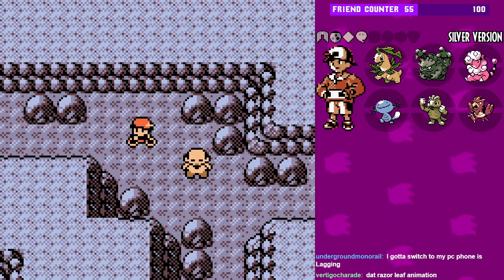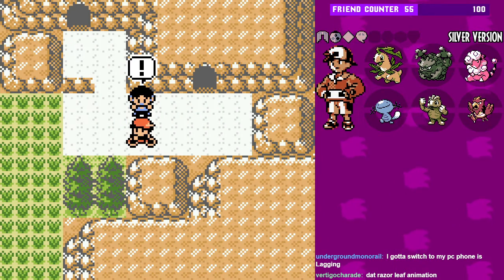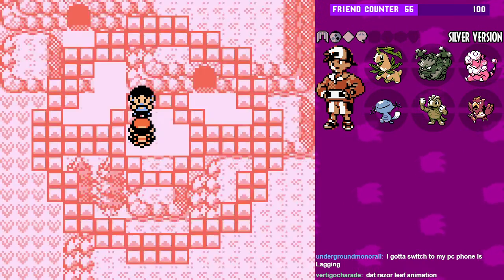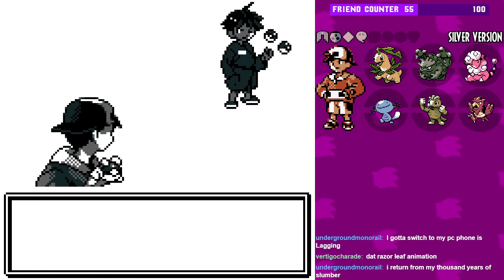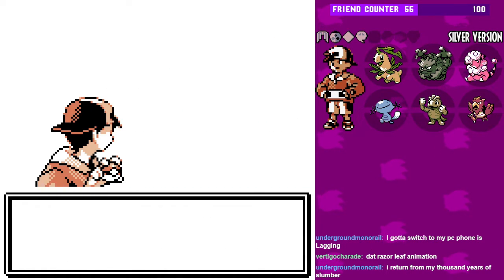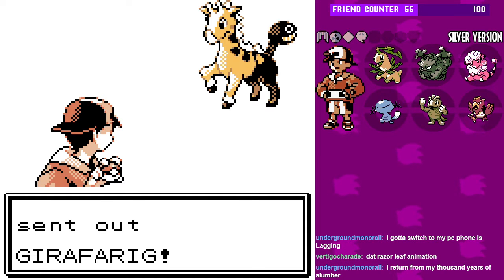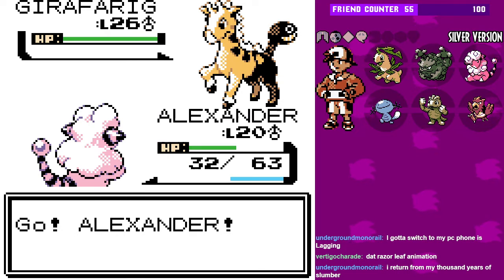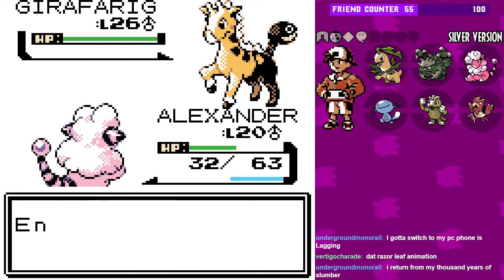Yeah, I love Razor Leaf's animation so much. Okay, is this where I... Okay, this is where I need to be. Oh, but there's this guy. This is a strange place. Okay, this is where I need to be because I need to catch a Pokemon from the grass here. The unknowns are not really why I'm here. Ah, Giraffe Rig. Which sounds like you are saying the word giraffe and then you break off into swearing. Giraffe friggin'...